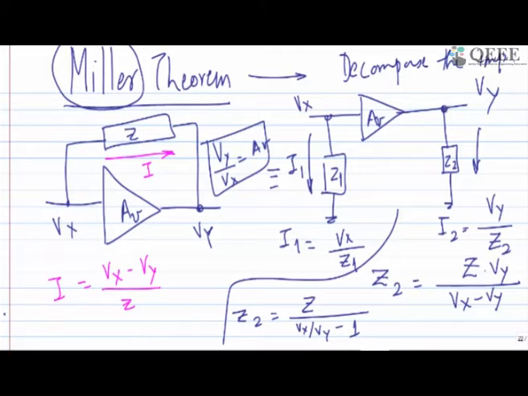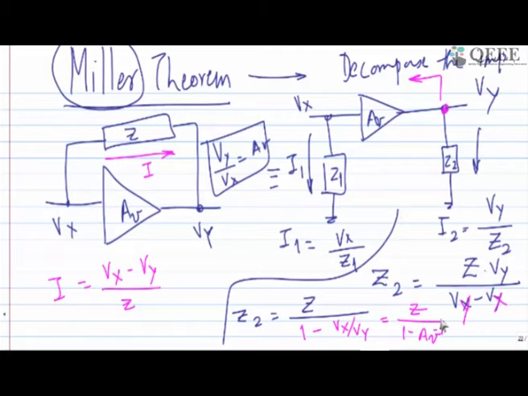For this side, the current has to be equated with Vy minus Vx because it's with respect to Vy. So it has to go in a reverse direction. So it has to be Vy minus Vx. This is the one thing. Yeah, that's why I got a wrong answer. Anyway, so here, if it is divided by Vy, it's 1 minus Vx by Vy. But we know that Vy by Vx is Av, so this becomes Z by 1 minus Av inverse.